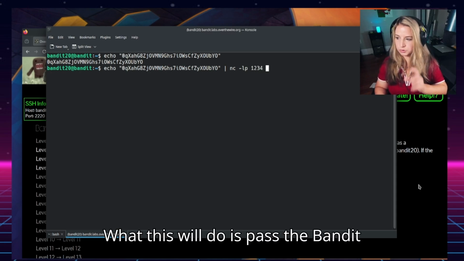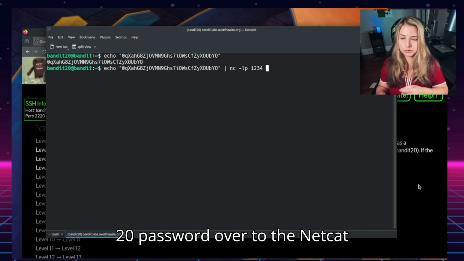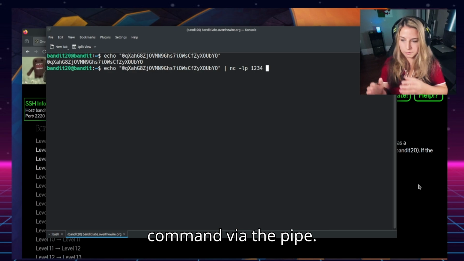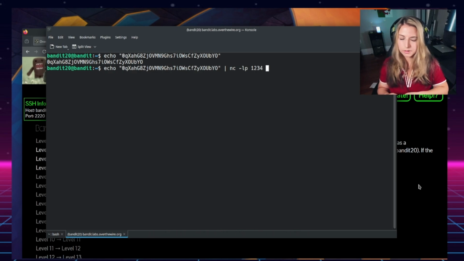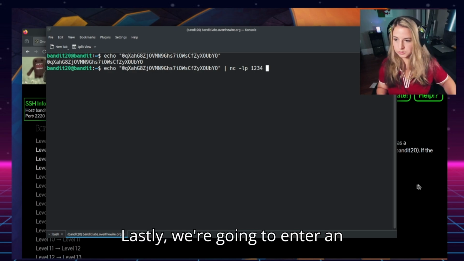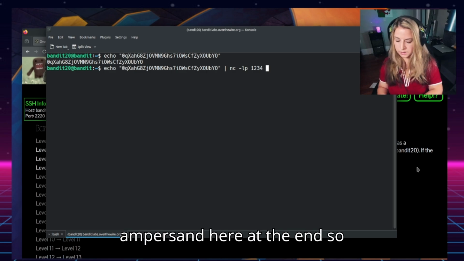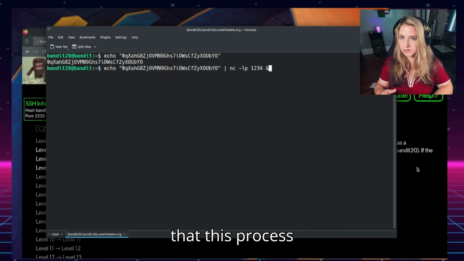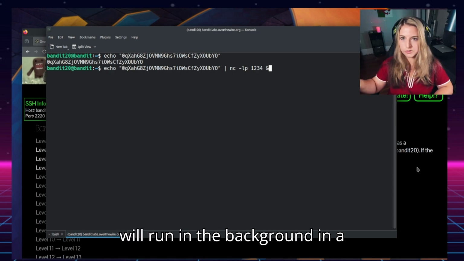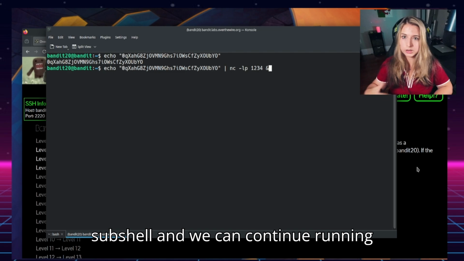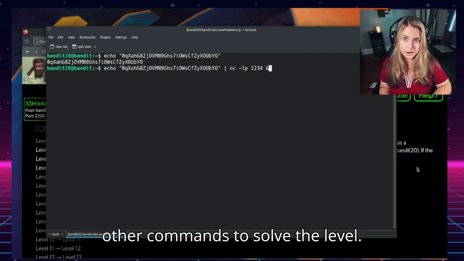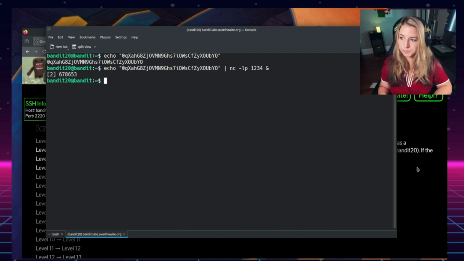What this will do is pass the Bandit20 password over to the netcat command via the pipe. Lastly, we're going to enter an ampersand here at the end so that this process will run in the background in a subshell, and we can continue running other commands to solve the level.